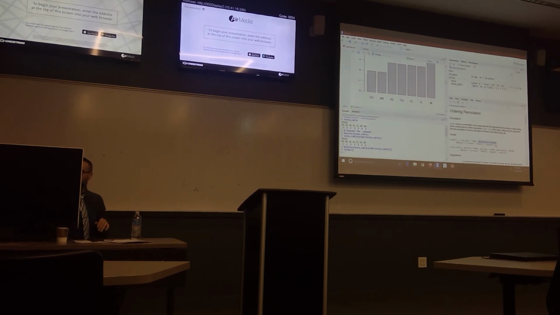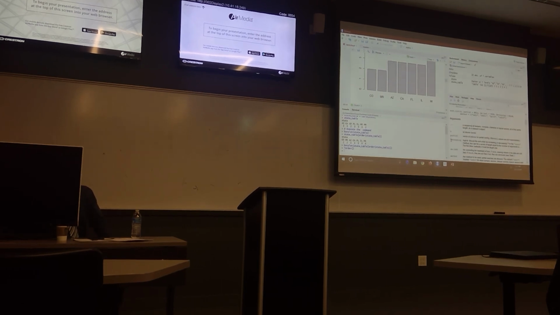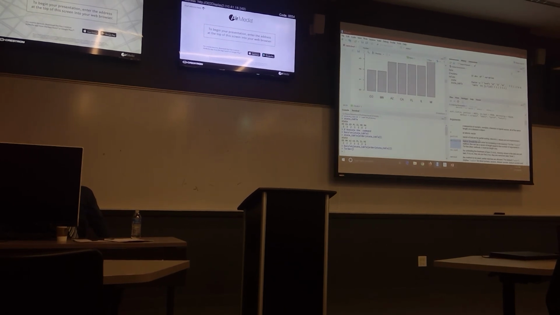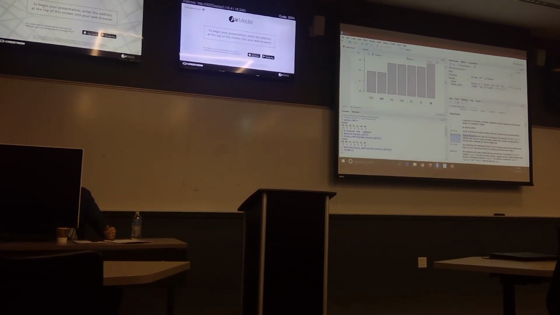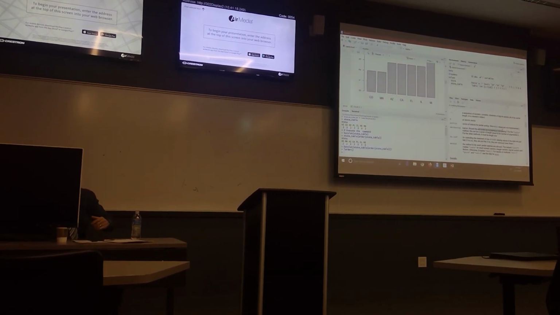Best way to do it: question mark, the function, parentheses, and then you can get all the stuff. And also, you can have an explanation, right? Decreasing. Decreasing is logical, which means it will be true or false. It will tell you the sort order, whether it's ascending or descending. So it explains everything for you.